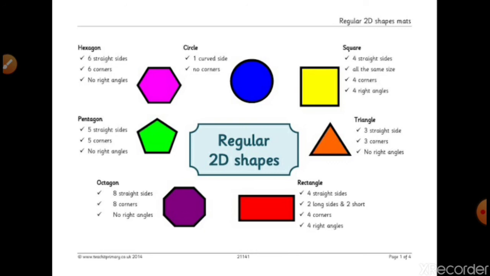2D shapes are the plane shapes, and they can be seen all around you. In your house, you can see 2D shapes all around you. Wherever you see, you will find shape. You see outside, you see around your house, things in your house all have some shape or the other. So okay, so these are the 2D shapes. You can draw these shapes on any paper.